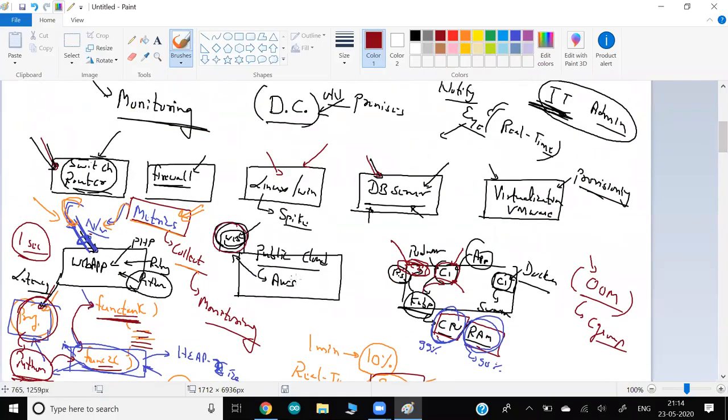Do you want to instrument your AWS cloud completely, or only the app running on the cloud? Or for example, your container is running: do you want to instrument your app running in the container, the code, or your complete Docker engine, or complete Kubernetes? At what level do you want to instrument or monitor?